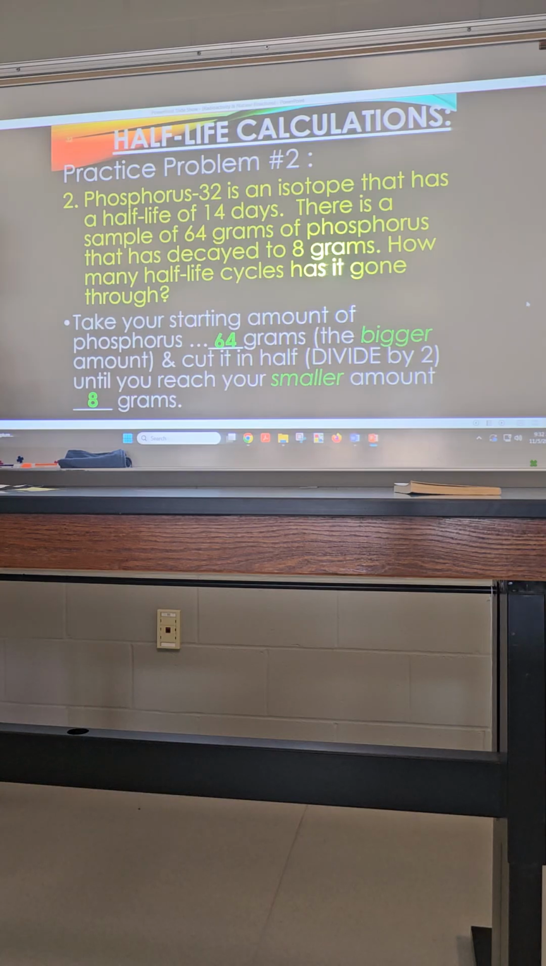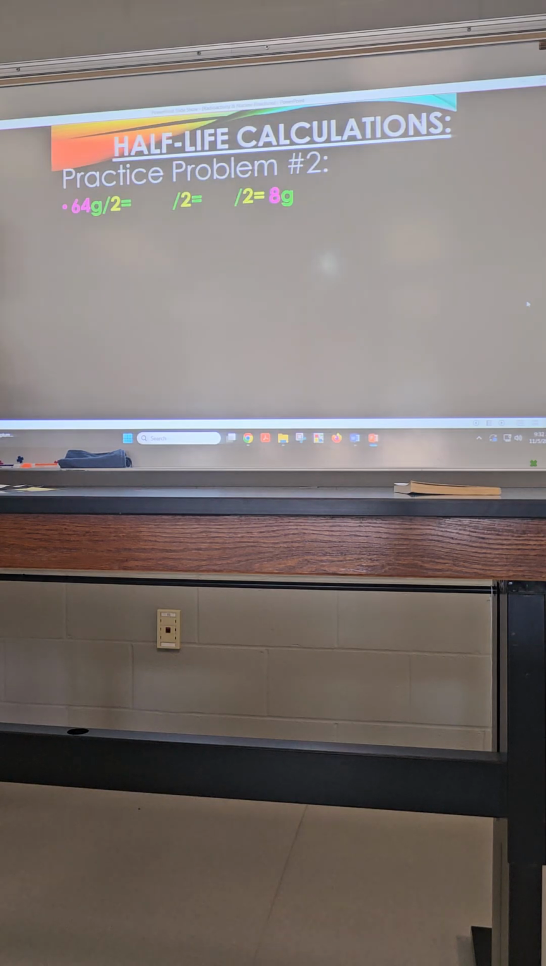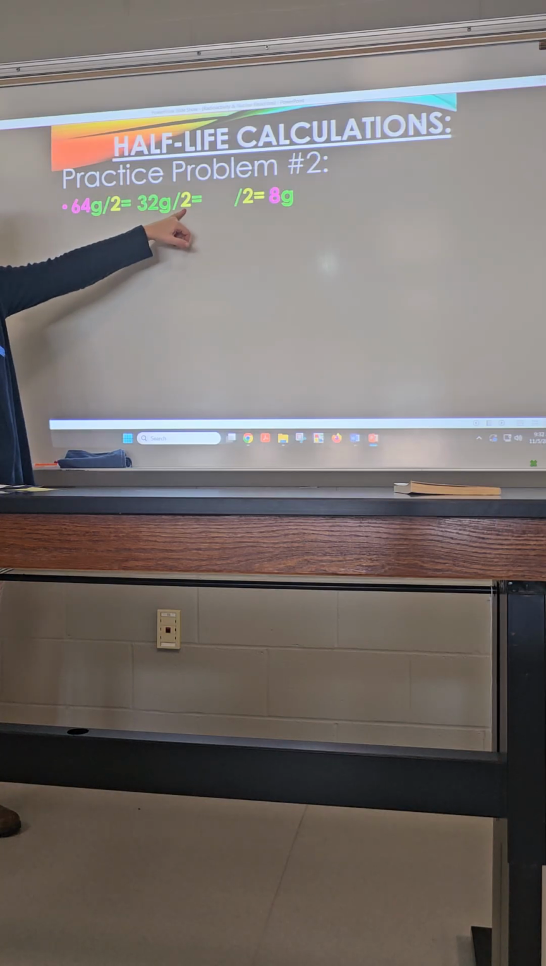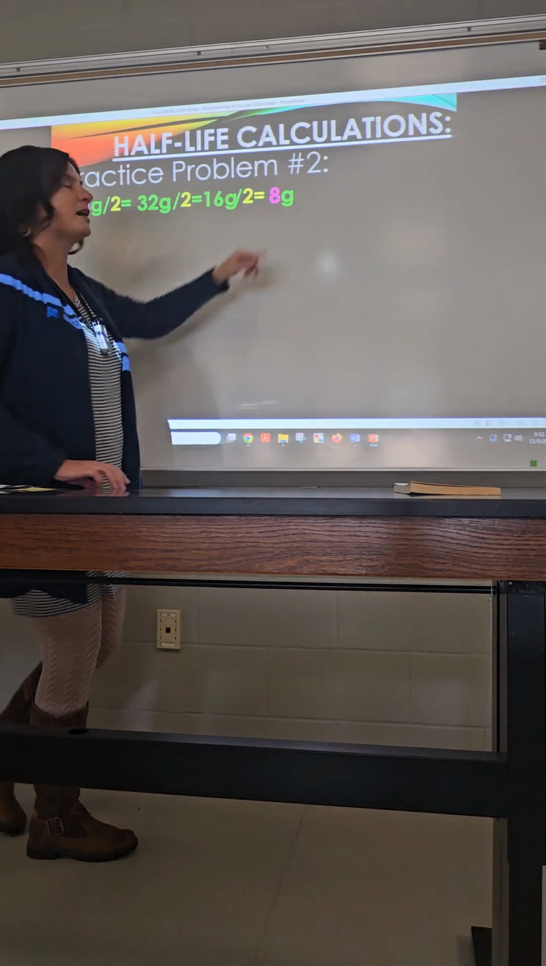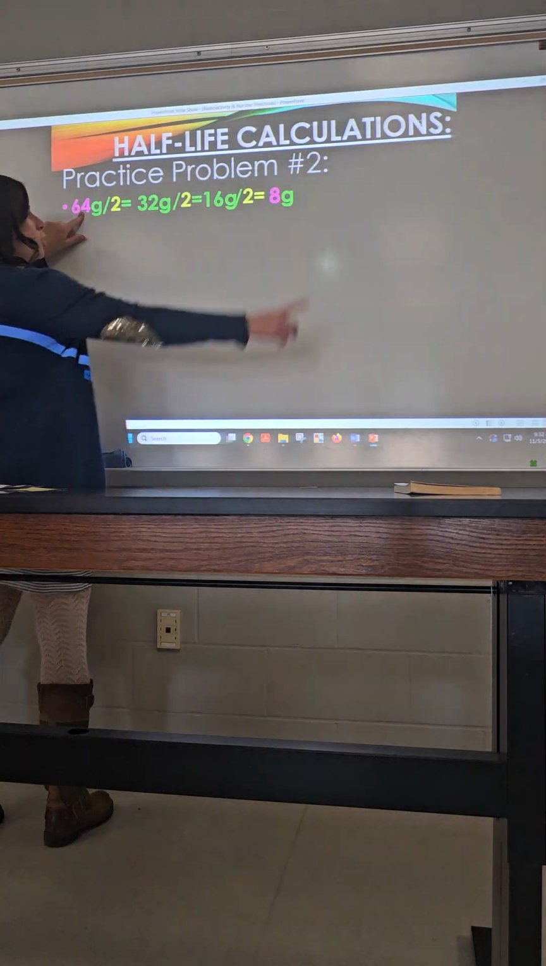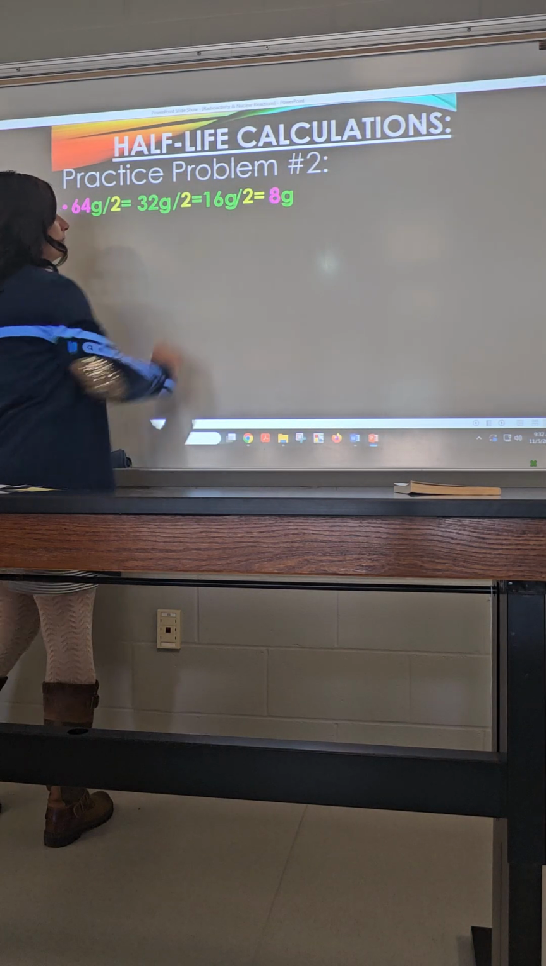All right, so on your paper, I have it set up for you. 64 cut in half 1 time is how much? What's 64 divided by 2? 32. Good job. 32 divided by 2? 16. And then 16 divided by 2 got us to our answer of 8. So we're starting at 64. We're trying to end at 8. And you're like,